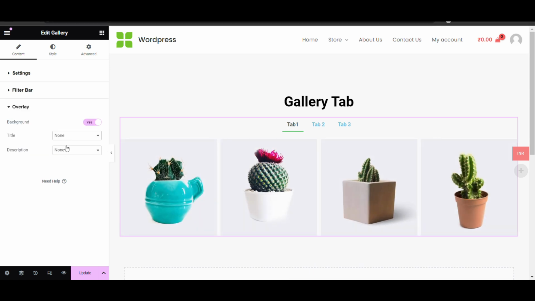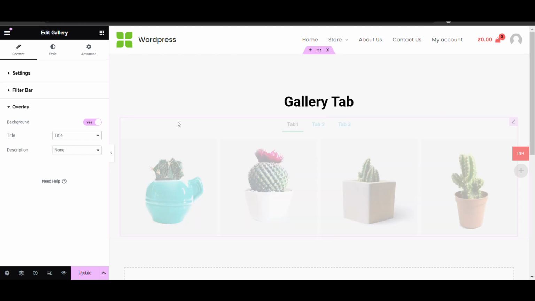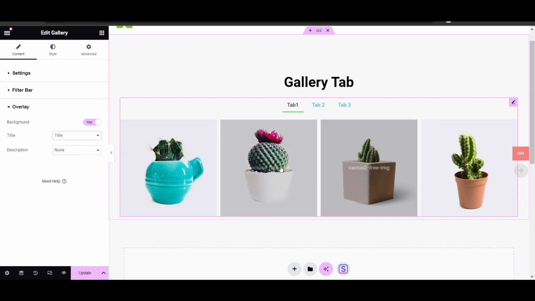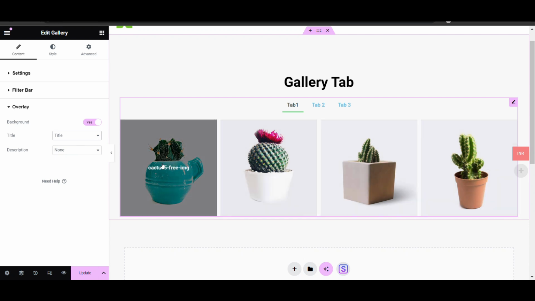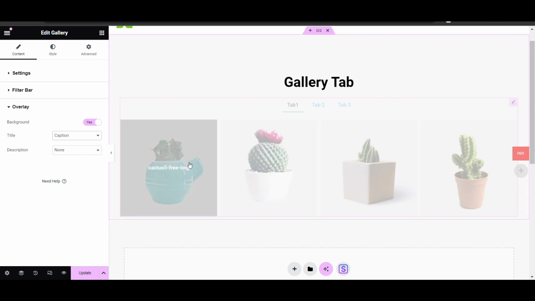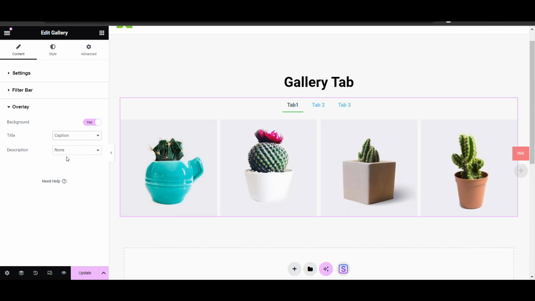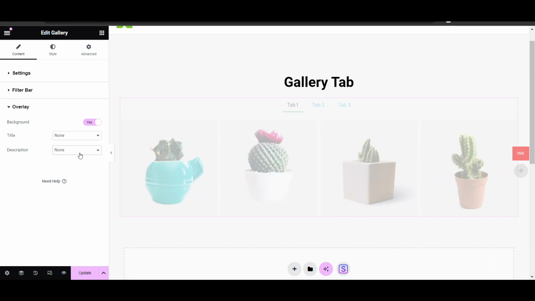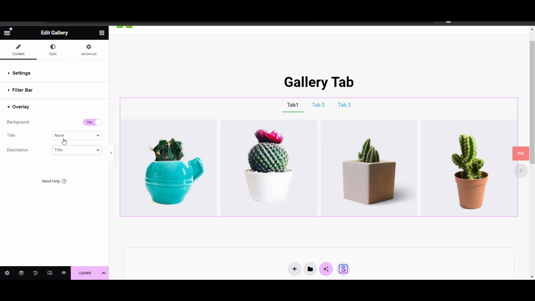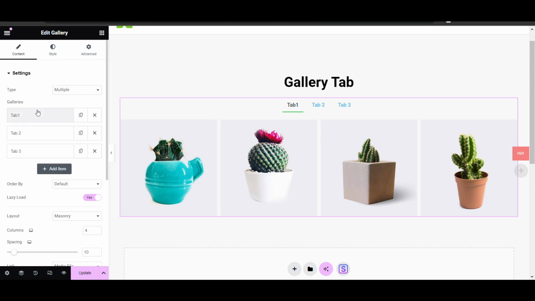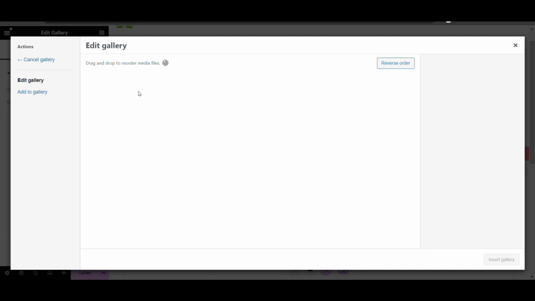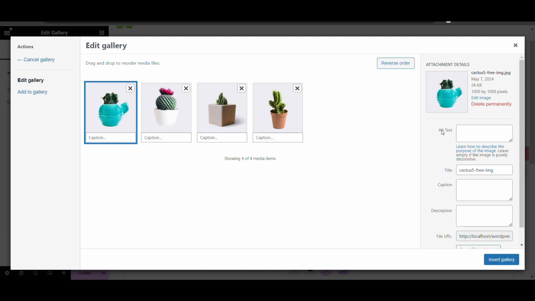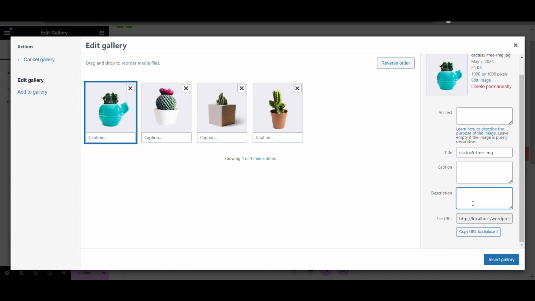Overlay title, if you want to show it on the image, above the image, here you can see. Here you can see the titles of the images are showing. If you want to show a specific tag, if you want to show a caption, you can show the caption or alt text. So in the Pro version, you will get many features of the gallery. And if you want to show a description like the title, after that you can say caption, all this. How you can add it, you can go to settings. The images you have added, when you go to images, there will be the options alt text, title, caption, description. Whatever details you enter here will be shown.